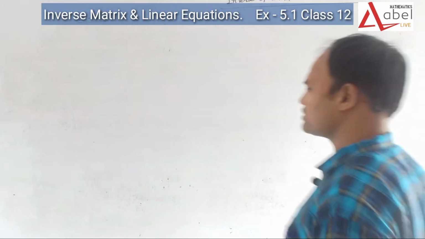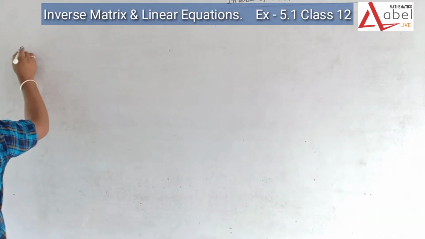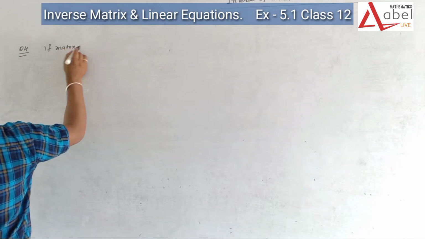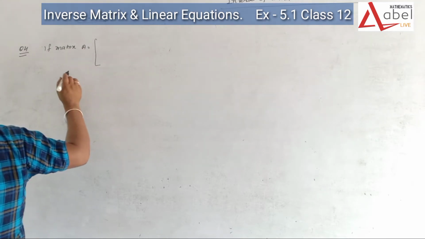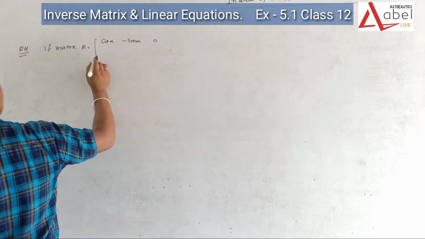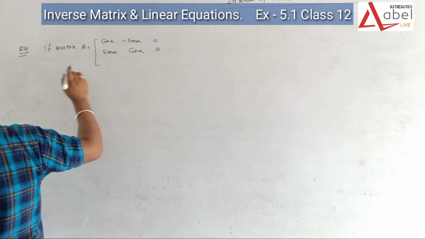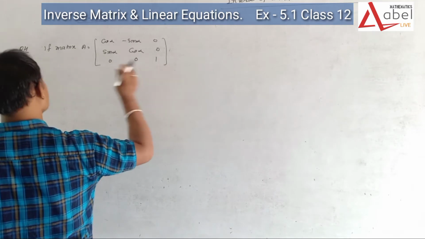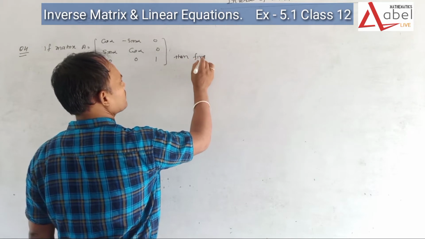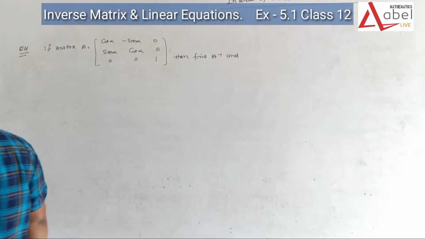Okay, now we are on the next question. That is very important. Very important. Why? Because this type of question always comes in board classes. So this is very important. If matrix A is given as cos alpha, minus sin alpha, 0, sin alpha, cos alpha, 0, 0, 0, 1, it is given the value of A. Then find A inverse and prove